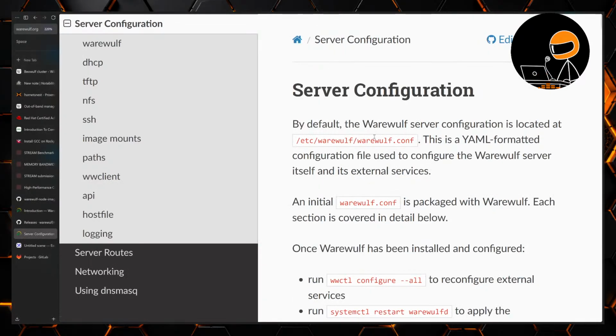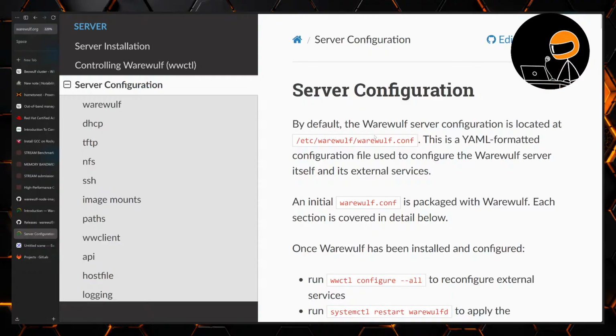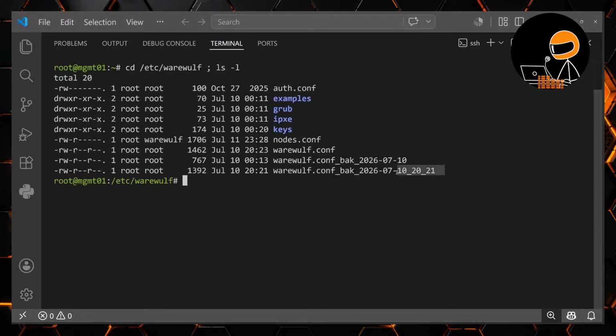All right, cool. Server configuration. Yep, we were in the configuration file earlier. So by default, the Warewulf server configuration file is located in /etc/warewulf. So if we bring back up our terminal, we've already modified this. Actually, let's just do Control L, and that clears up the terminal as well without typing. And then I'm going to do Control V and cd to /etc/warewulf, and then I'll do a semicolon ls -l because I want to list everything within that folder. And you can see that I created backups on the 10th, and then I created another backup on the 10th at